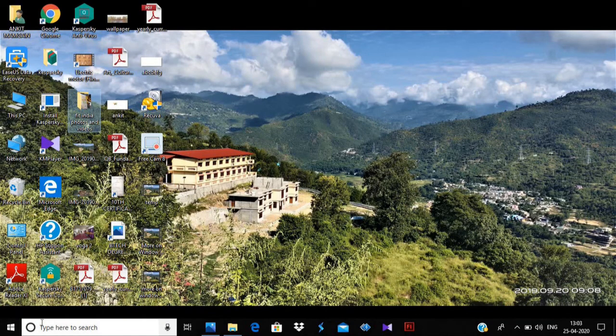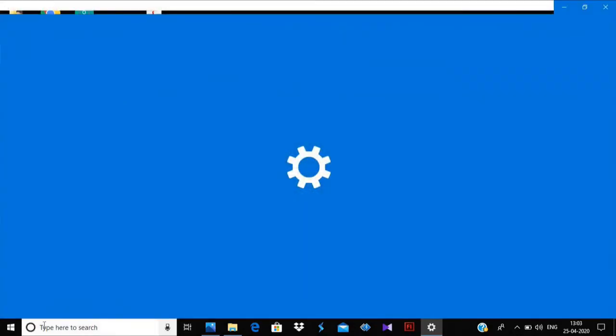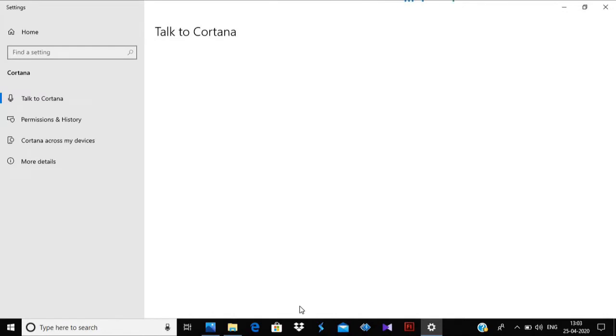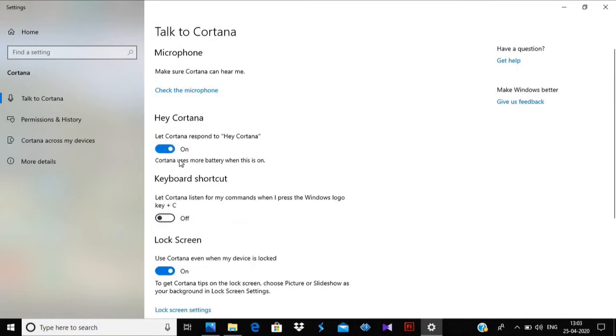Or this is same like OK Google. Like you are working with OK Google in mobile, Google Assistant with mobile, in the same way here it is Cortana. You have to click in the search bar, there is settings, you have to click on it, set it on. See, this is open. Suppose it is off in your system, so you will click on it and your Cortana will open.